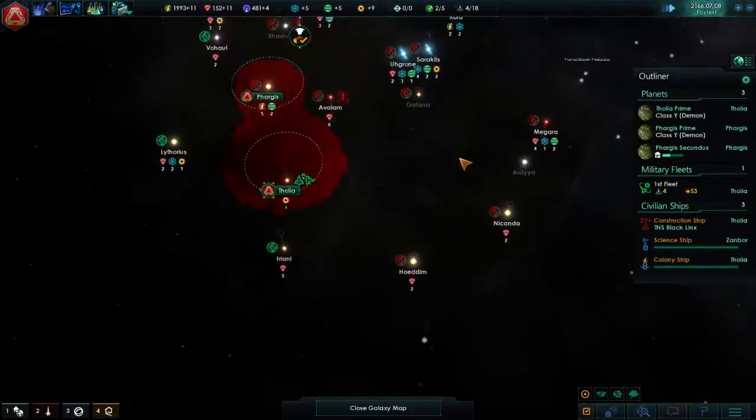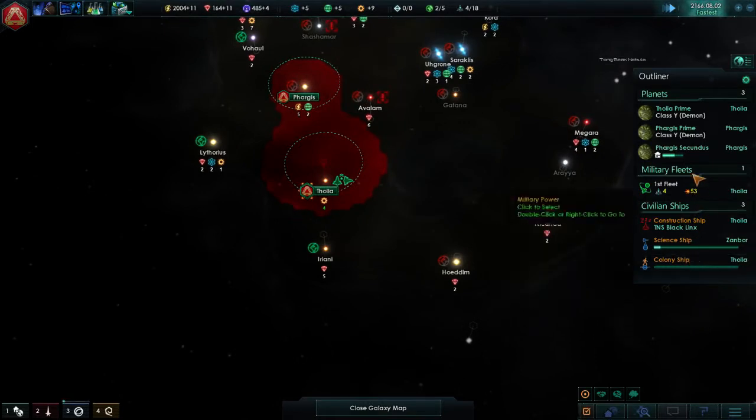152 for minerals. I really got to stop pausing the game so much, especially this early, because things should just be able to run in the background fairly securely. So,